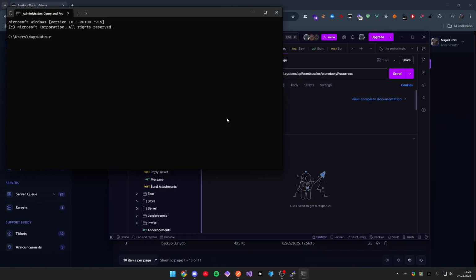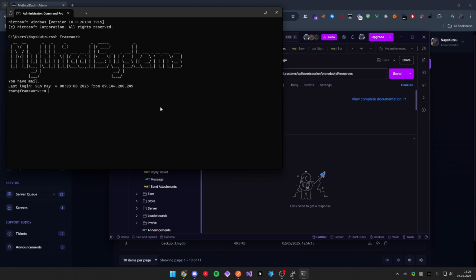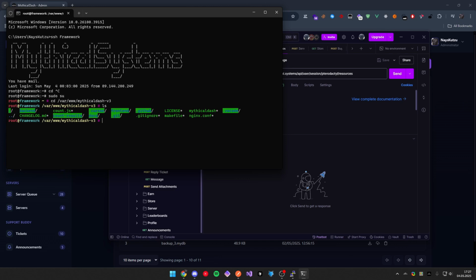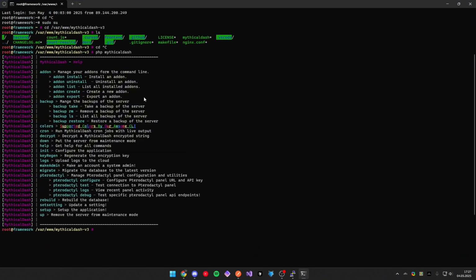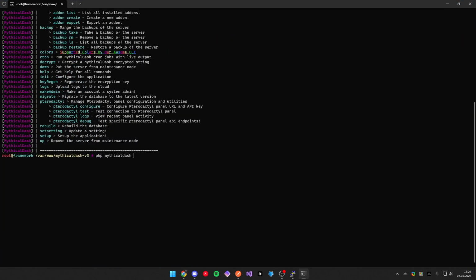A powerful thing, let's log inside our server. Let's head up to the installation directory, which is where MythicalDash v3 is. And basically here we have php MythicalDash, which is our CLI, which will allow you to see each command that you can run. Of course, if you have any problems at any time and you have a valid license key,